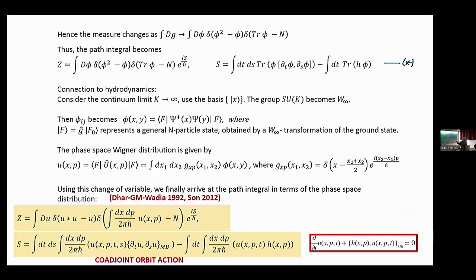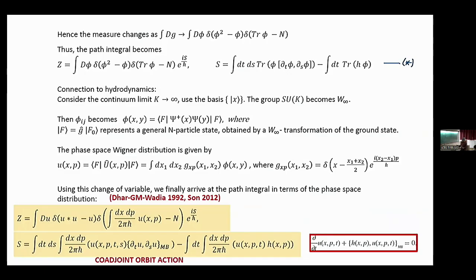So the action I have simply repeated from the previous slide, and this phi, in the continuum limit, phi ij will become phi xy, which is psi dagger x iy, but that's just an integral transform of the Wigner phase space distribution, and using that fact, you can translate this path integral to a path integral in terms of